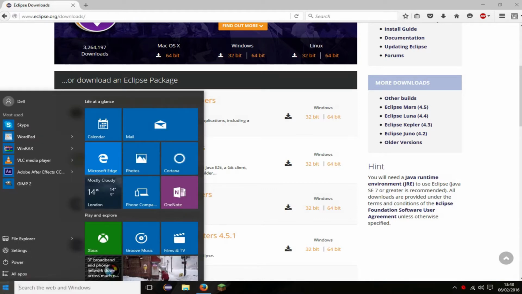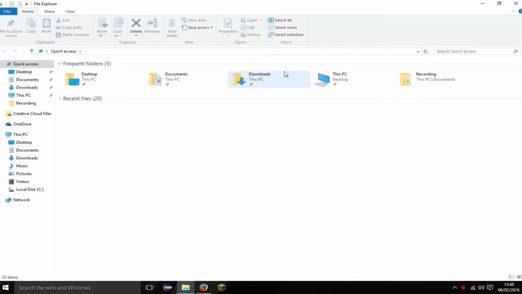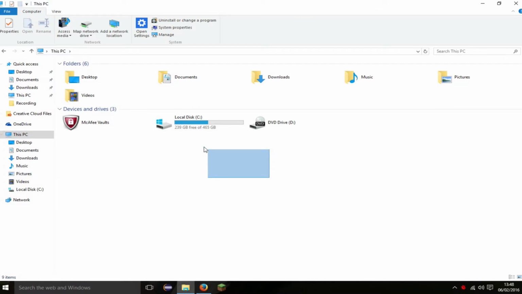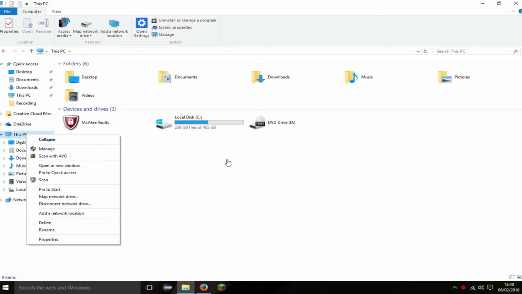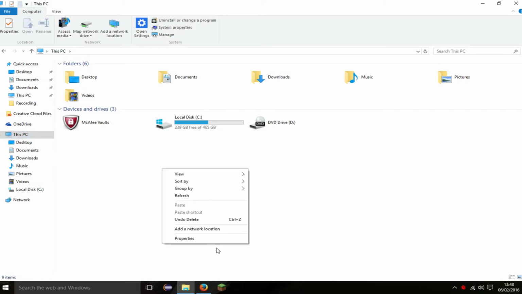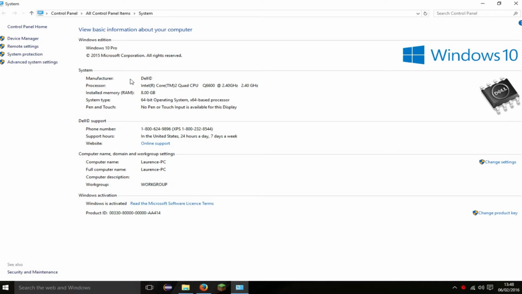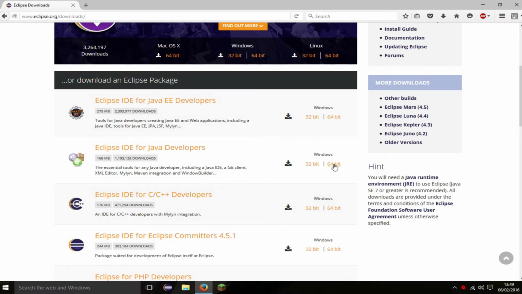Now, if you don't know how to tell if you're 32-bit or 64-bit, go to your PC, however you get to there, so that you have this section, and then just right-click here. You can right-click on this PC or My Computer or whatever it says, or just right-click here, click on Properties, and it should bring up this, which tells you all the info about your computer, 8 gigabytes of RAM, all of that kind of stuff, about your processor, and you're looking over here, system type 64-bit operating system. So that means when I go here, I'm going to want to press 64-bit. So you click that,